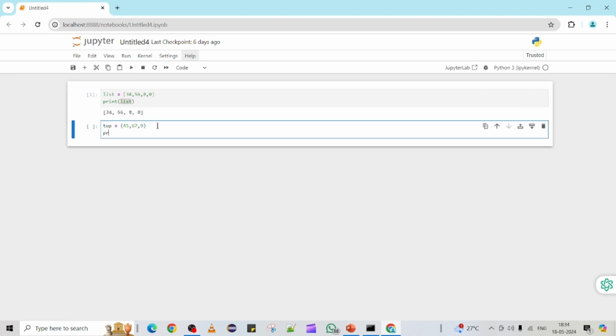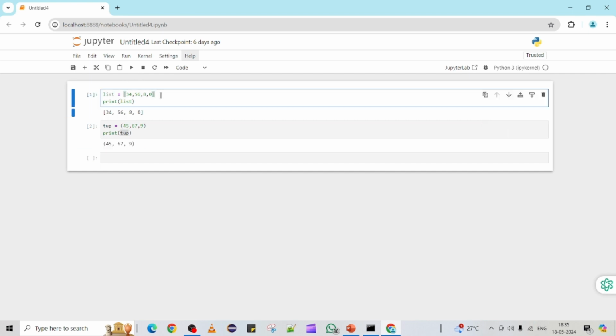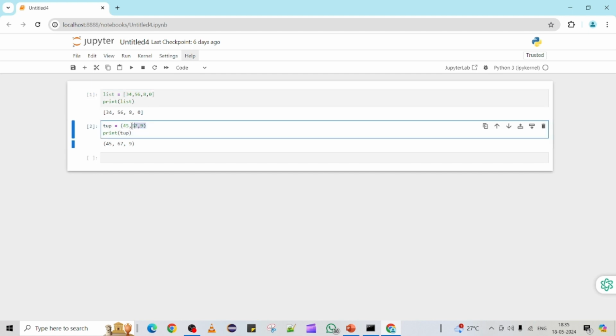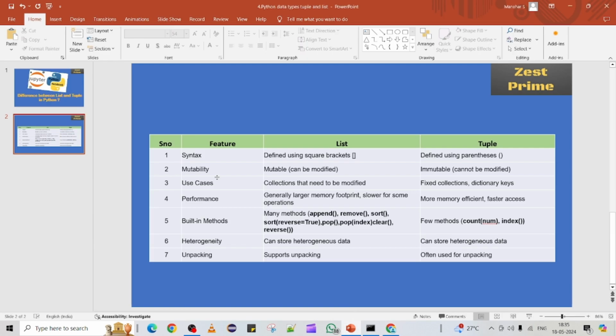Similarly, if you want to see the tuple data, you can use the print statement and pass the tuple variable, then you can see the output. This is the way you can declare a list with square brackets and a tuple with parentheses, and print these variables by using print statements. These things we have seen in the previous videos. Okay, so now come back to the